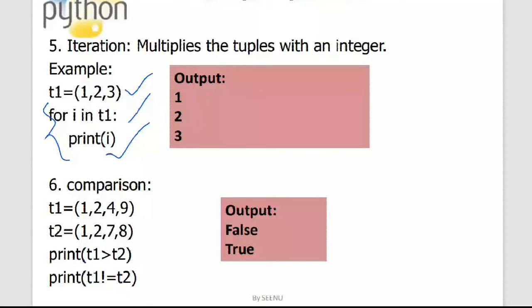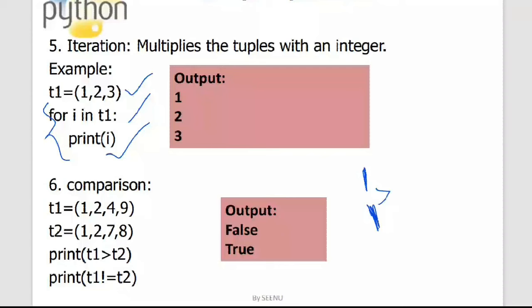What are the first items of the two tuples? 1 and 1, right? One from the first tuple and one from the second tuple. Now it will apply this greater than on these two elements. Now 1 is greater than 1? It didn't match. So what happened? It is false, so it is giving me a false over here.